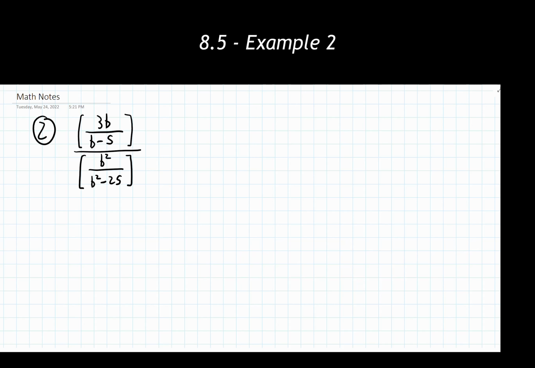Step 1, both the numerator and the denominator, have been fully simplified, so we're good to go there. Our second step then says to rewrite the equation into a division problem using a division sign. Okay, so we're just doing a rewriting step. So the numerator divided by the denominator.